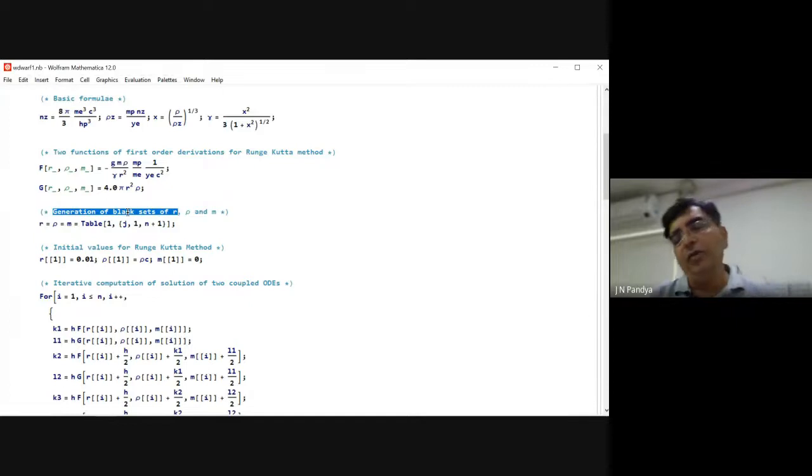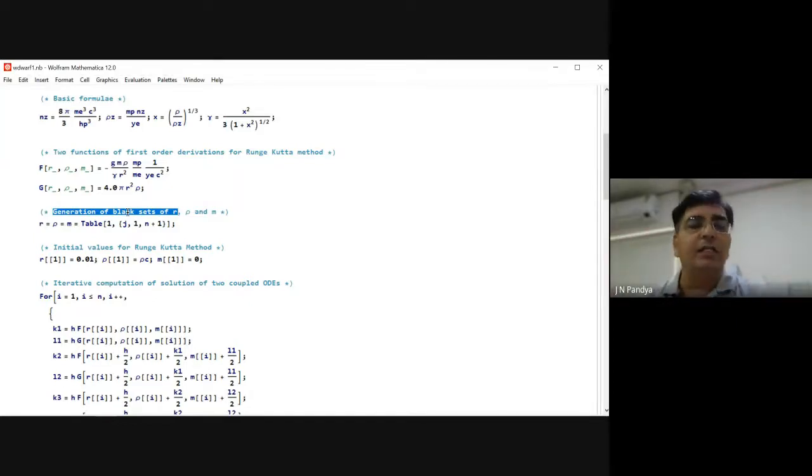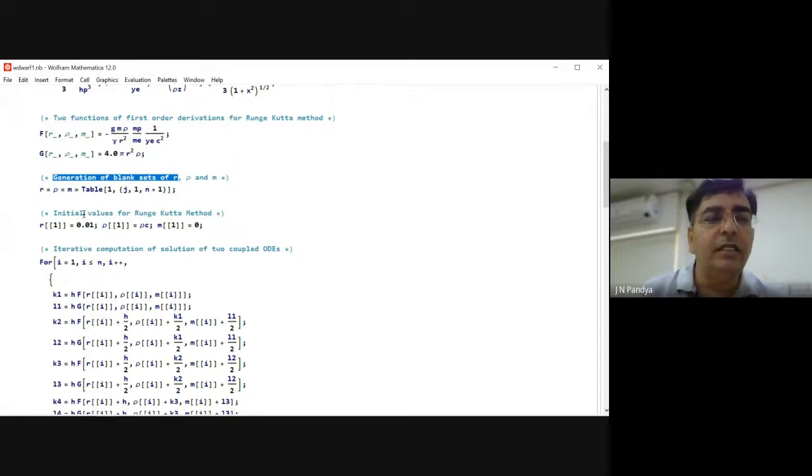So depending on how you are writing that code or how your thought process is, you are writing all these things. Earlier, if you recall, I had only started off these things with nothing but blank sets or only one value set. Then you are initializing these values. So R1 is this, rho 1 is this, and this M1 is this. So R is the radius, rho is the density.